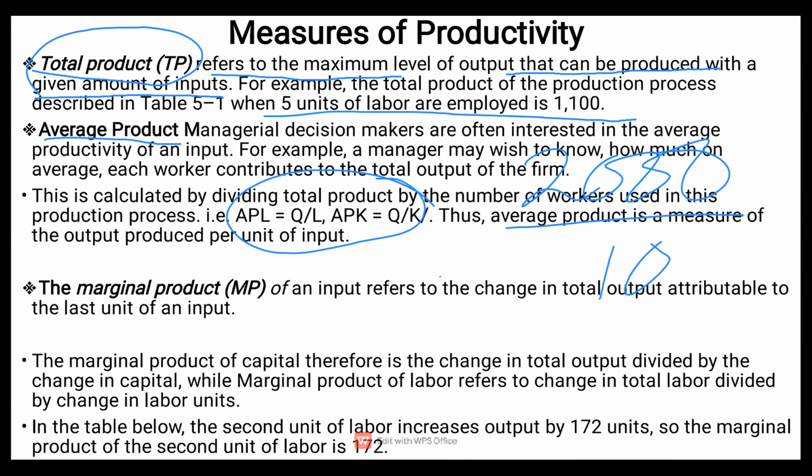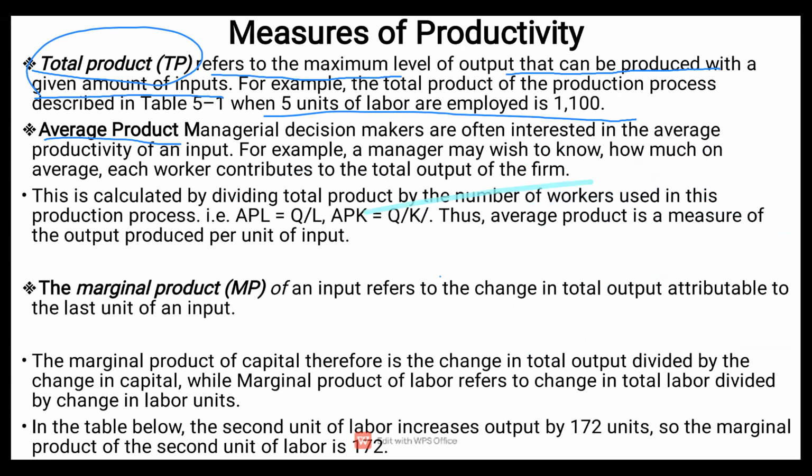Into the 2,000, you find that on average, each person is equivalent to what? To 200 chairs. Each person is equivalent to 200 chairs on average. So when you're examining the average product, you just want to get the average productivity, like how much each individual input contributes to the total level